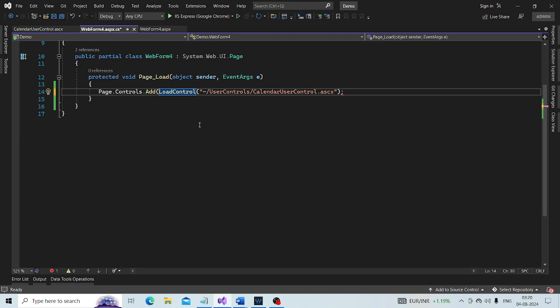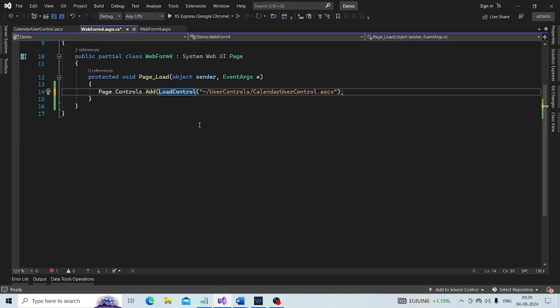If I run this application as it stands right now, it is going to throw a runtime exception, and we will see how to solve that runtime exception in just a bit.